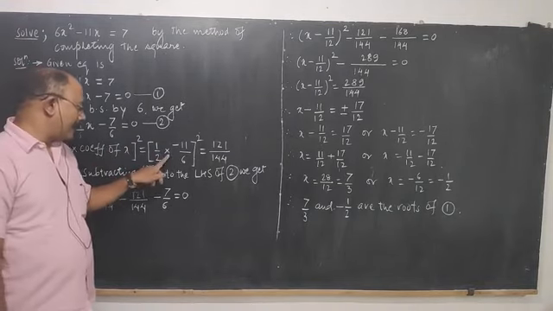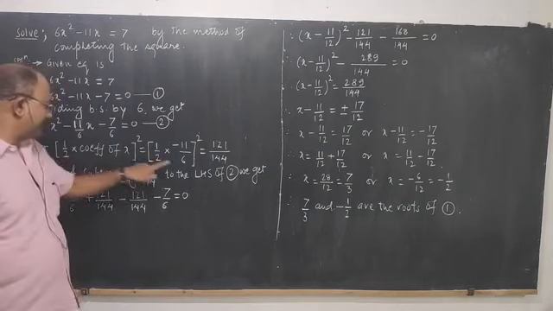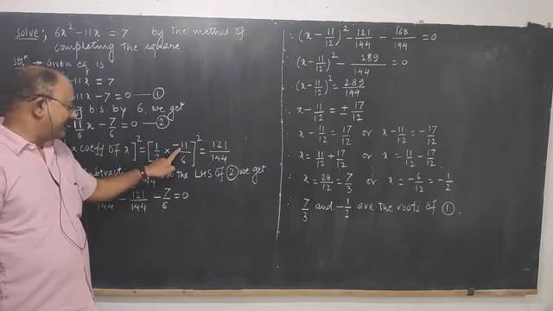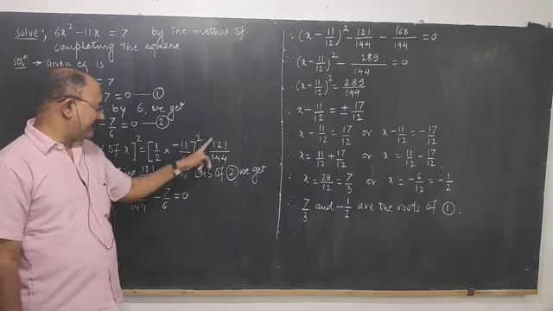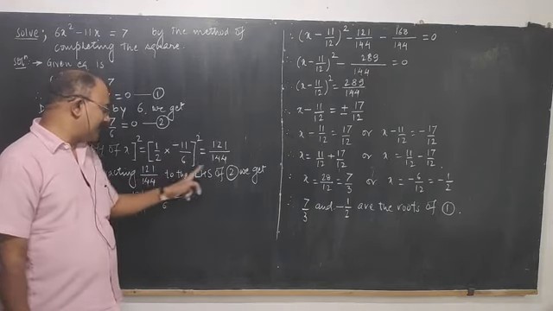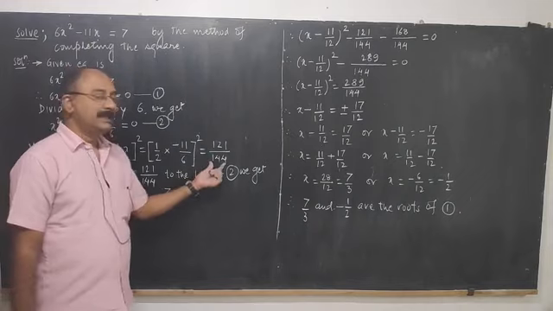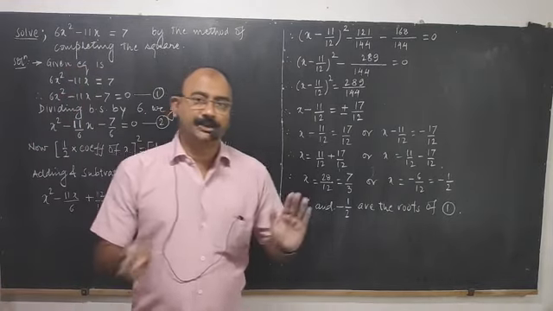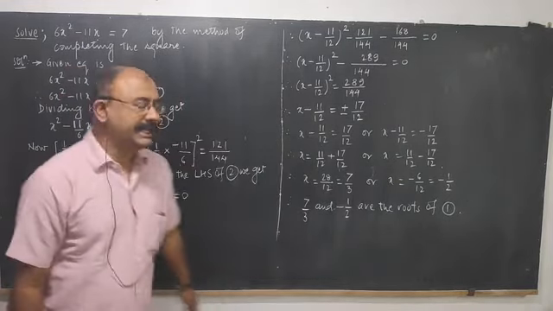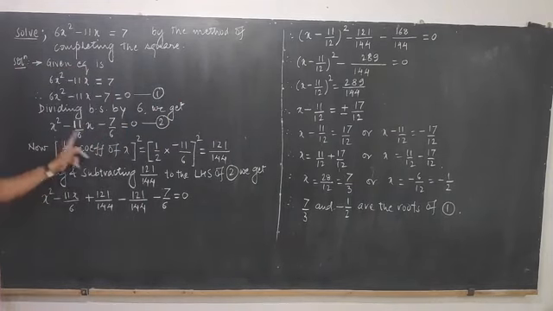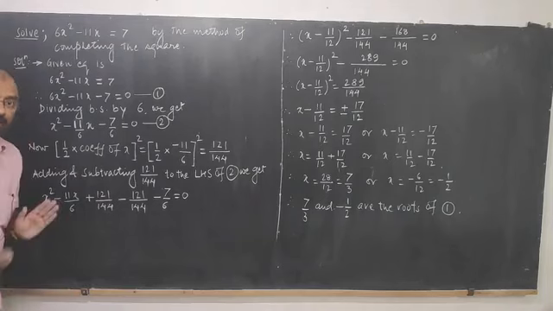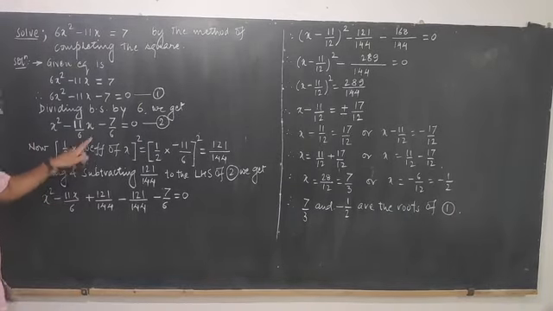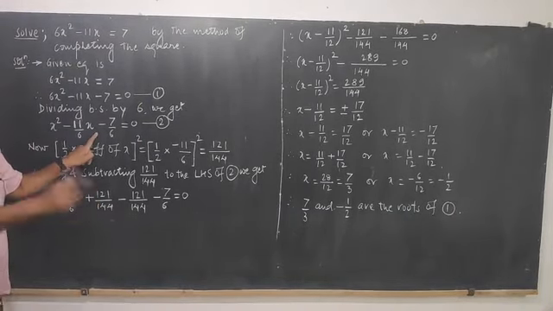So half of minus 11 by 6 is 1 into minus 11 by 12, and its square: minus 11 squared is plus 121, 12 squared is 144. This number has to be added and subtracted in the left hand side of 2. But where are we going to insert them? Where are we going to add them and subtract? Add in the third position and subtract in the fourth.